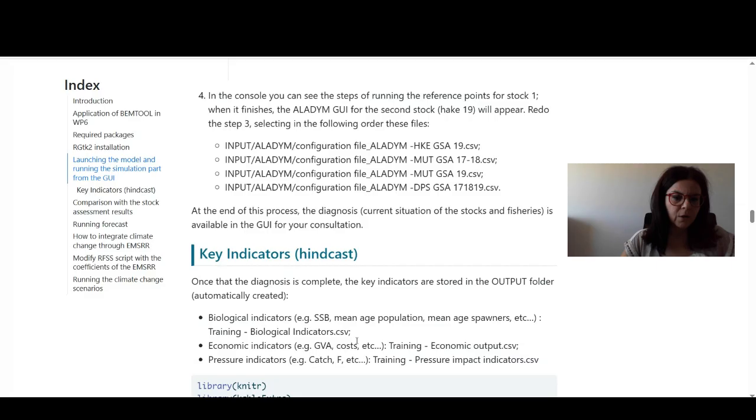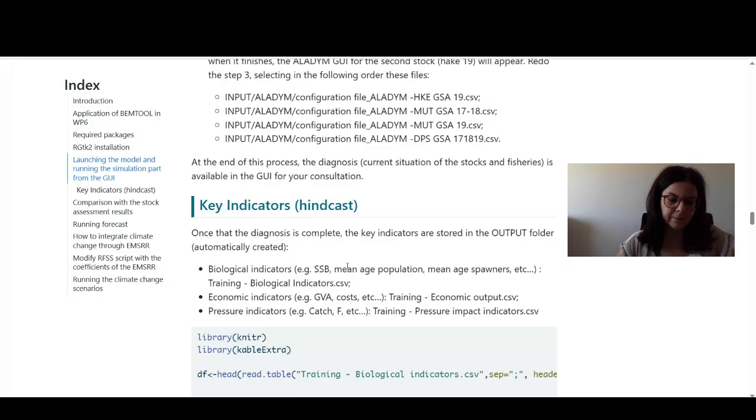So these steps should be repeated for all the 5 stocks in the example case study. Once that the 5 stocks have been replicated and the diagnosis has been loaded,